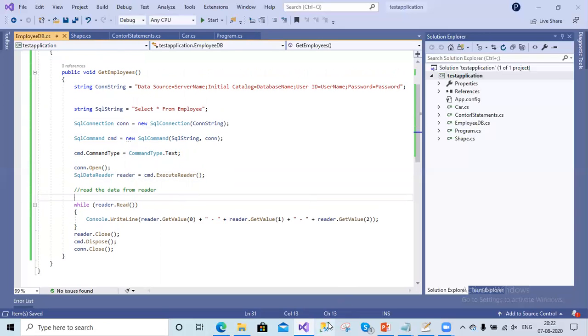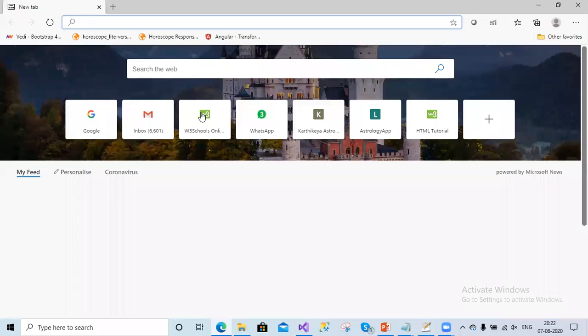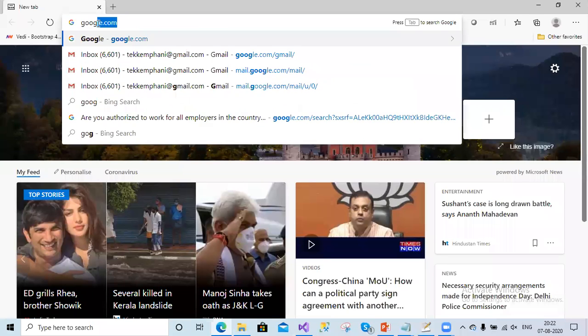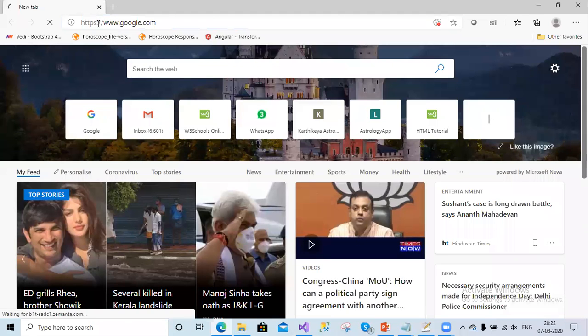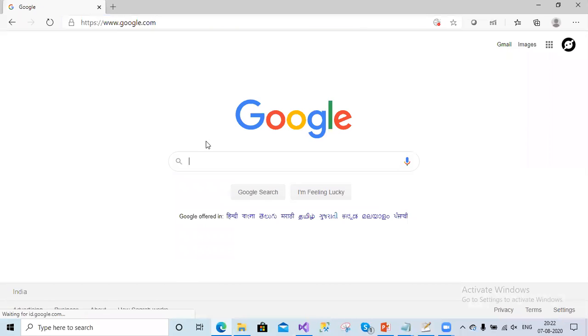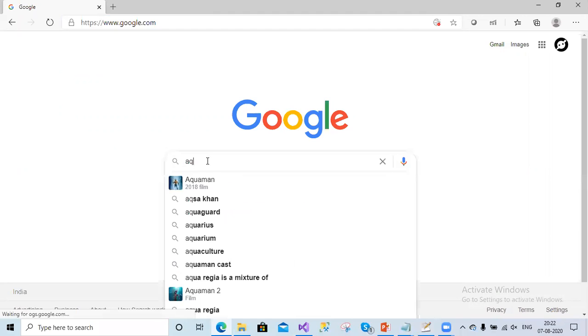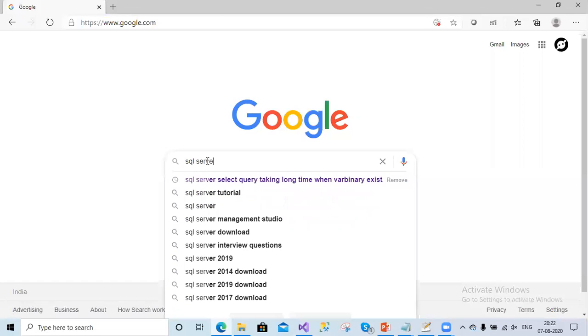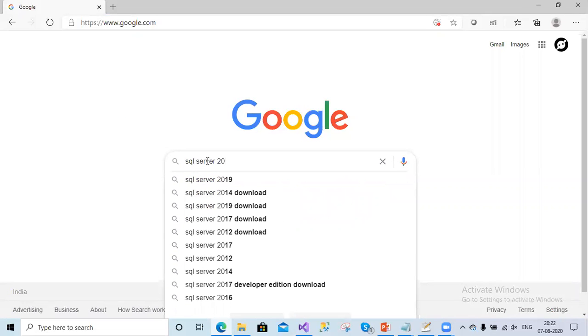I have already installed SQL Server. If you want to install SQL Server, just go to Google, and SQL Server is also free. You can install the community version free of cost. SQL Server 2019 is the latest version now.